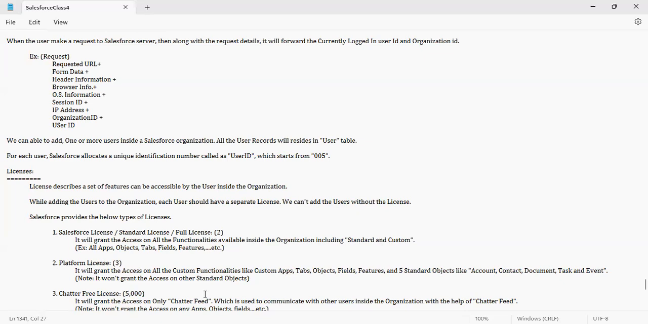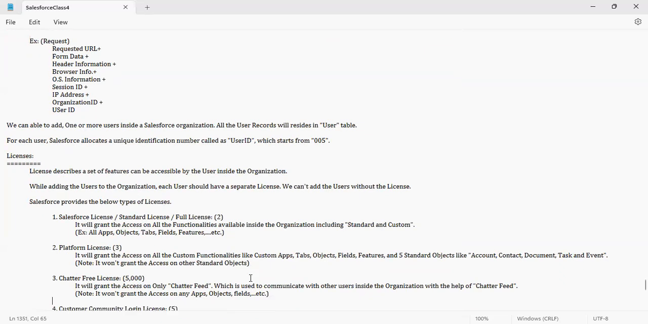So when you say campaign object or case object or solution object, the person who logs in with a platform license is not going to have access to those objects. Okay. So next is